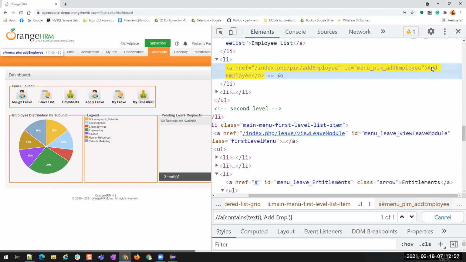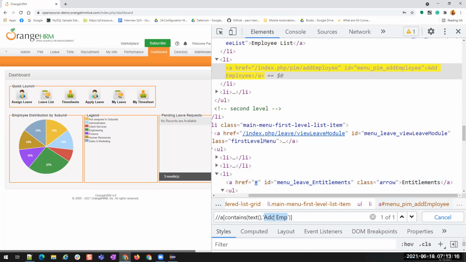I'm finding using its text, so I'm using a text method inside this contains as one of the parameters. And the second one is the value of this text. What should be the value of this text? This is the value that I want to be the text. So I'm finding it.